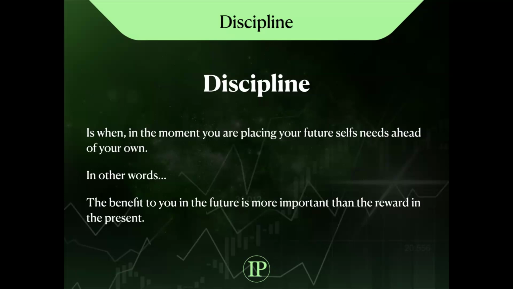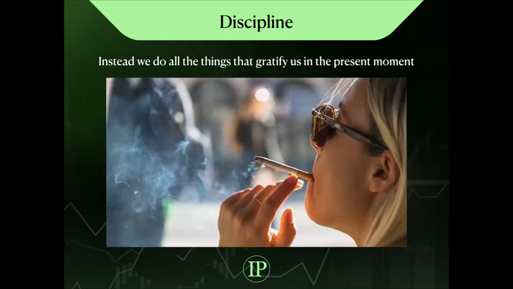So discipline is when in the moment you are placing your future self's needs ahead of your own, okay? So in other words, the benefit to you in the future is more important than the reward in the present. And the one example I got for this is smoking, okay? In the moment, we are gratified. For those who don't smoke, take something else as an example for yourself,